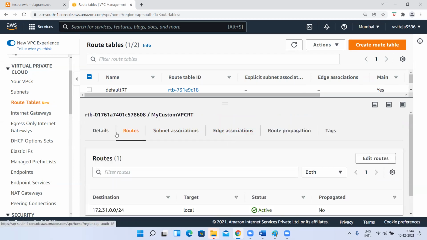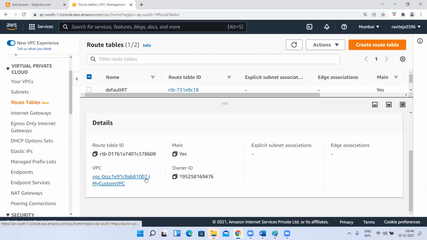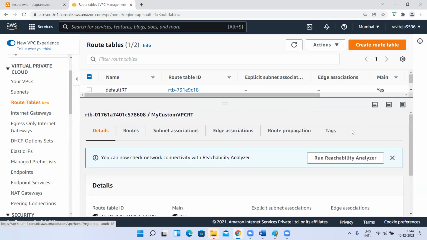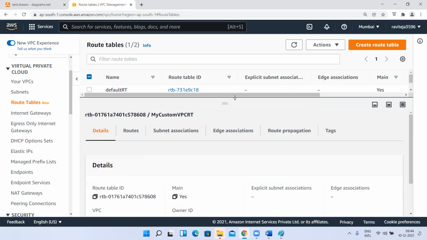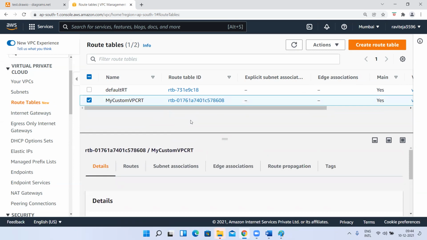Okay. Now one more thing I want to show you here. Okay, we'll come back to this. See here, route table. Every VPC has one route table, right? Yes or no? Without a route table, can we have a VPC? No. Without a NACL, can we have a VPC? No. Without an internet gateway, can we have a VPC? Internet gateway, we can have. When we created a VPC, only NACL and route table were there. Internet gateway was not there. We created and attached it. But a VPC you cannot have without route table and NACL.